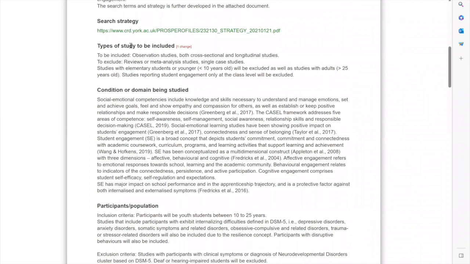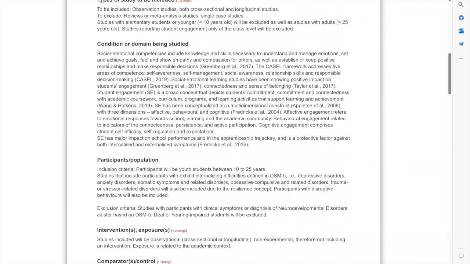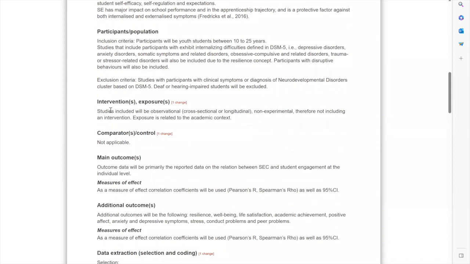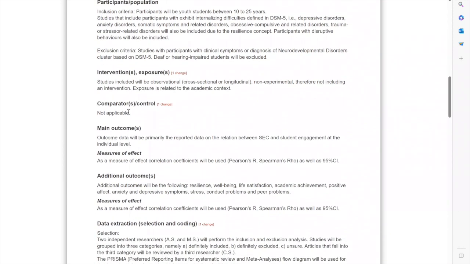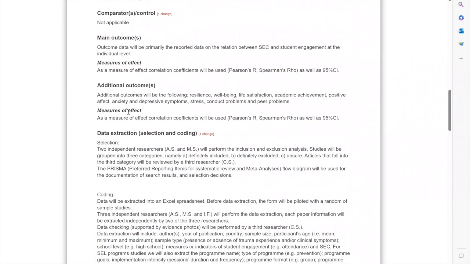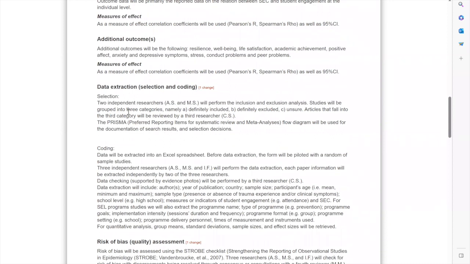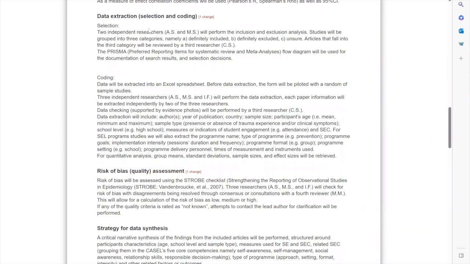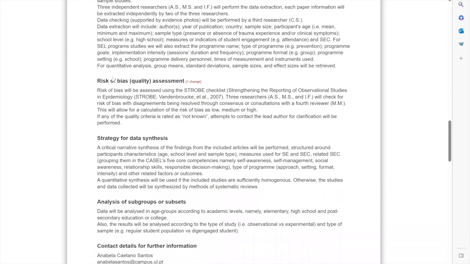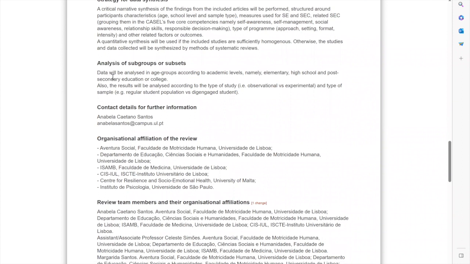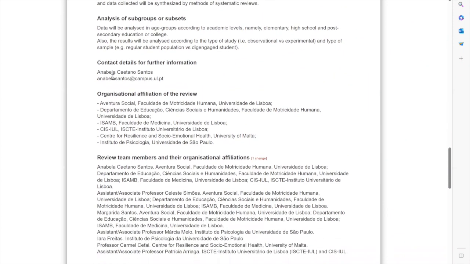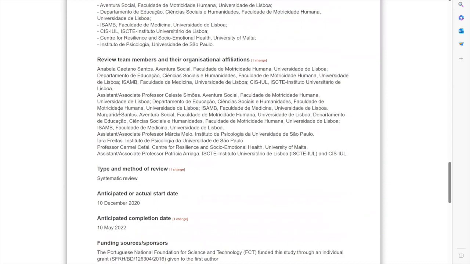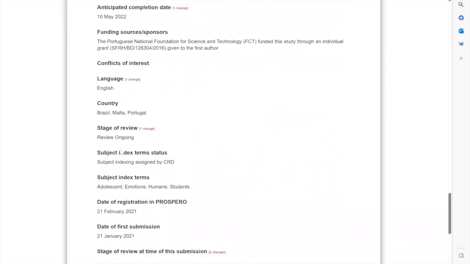Also, the types of study that we would include, the condition or domain being studied, the participants, intervention and exposure, the comparator that in our case wasn't suitable, the main outcome, the additional outcomes that we were investigating, how the data extraction would be done, namely the selection and coding, and we can detail everything, risk of bias, strategy for data synthesis, analysis of subgroups and subsets, and then in the end you can put information about the team and the type of research and language that it is all about.